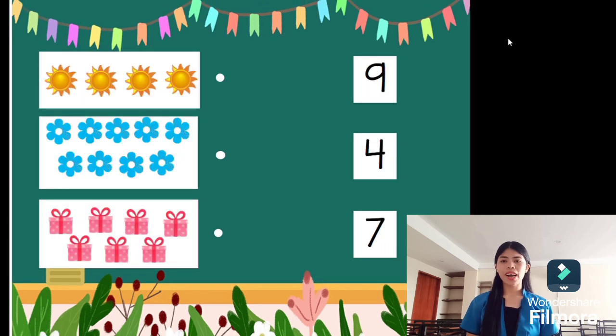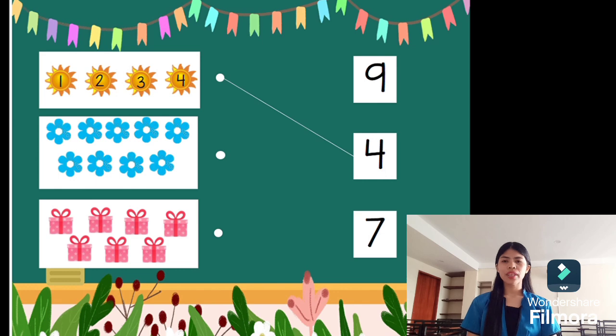Next, let's count how many objects are inside the box. 1, 2, 3, 4. We have 4 objects here. Now let's find the number 4. Yes, very good. This is the number 4.